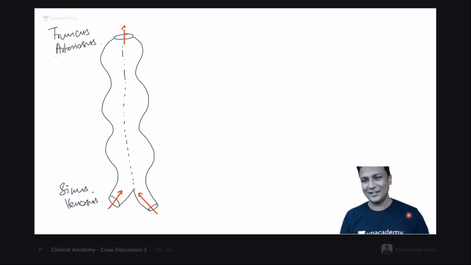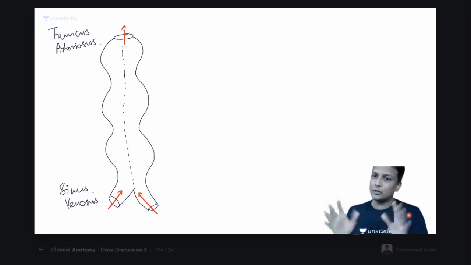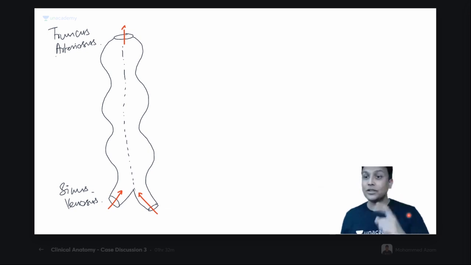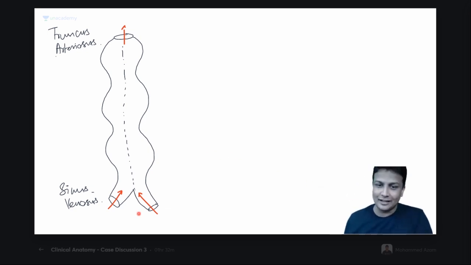Truncus arteriosus is the outflow, and that has to form definitely ascending aorta and the pulmonary trunk. Understanding my logic here right now? No need to mug up, guys. Is it okay? The catching point in this topic is which is going to be the inflow part and which is going to be the outflow part. और वहीं पर सारे student को गड़बड़ी होती है. Understanding here? That is the reason why outflow, truncus arteriosus, and that is the reason why it should definitely form what?